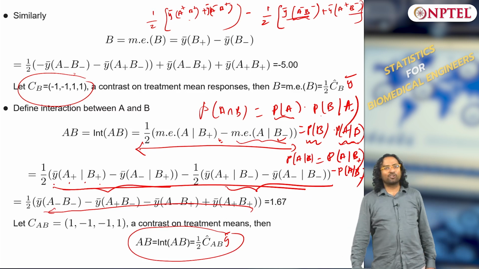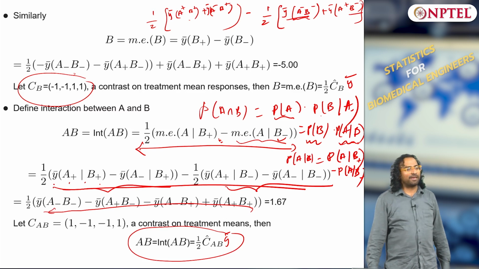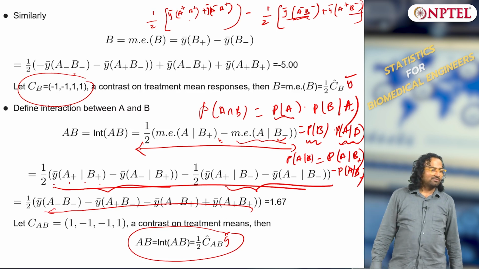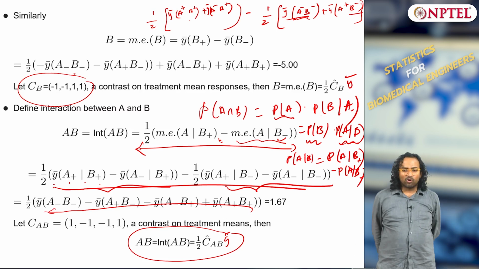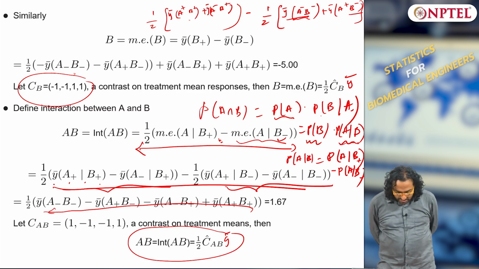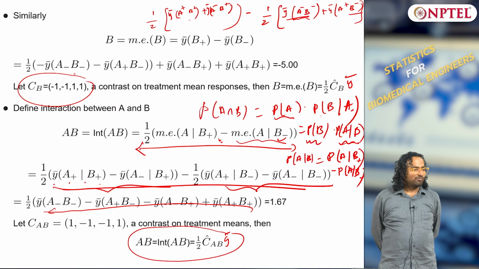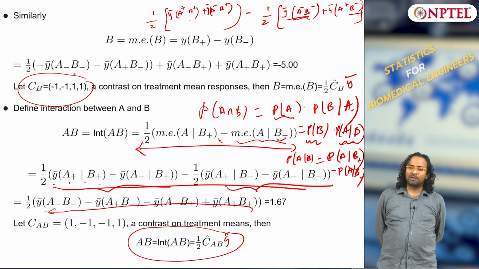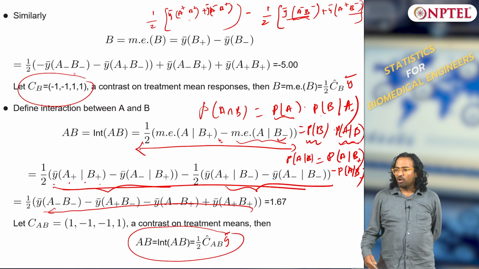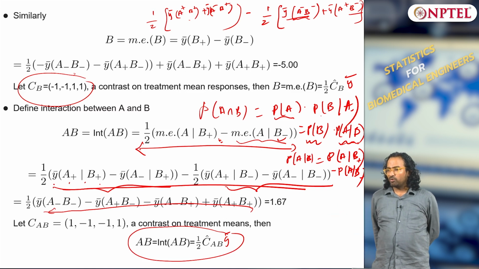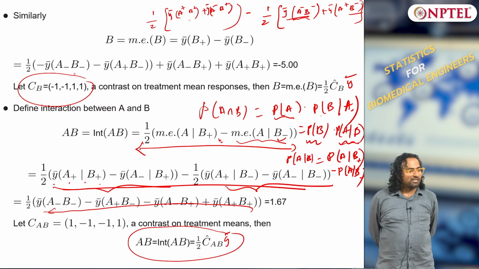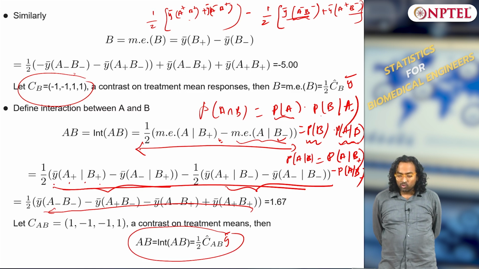Why not use only a plus b plus minus a minus b minus by 2? Why did I go through all these 4 terms? Is there an advantage of using this interaction equation over the other equation? What is the other equation we did the other day? A plus b plus minus a minus b minus divided by 2. When both AB is low, AB is high, divided by 2, which makes sense, right? But why not hang on to that? Why did we use this?